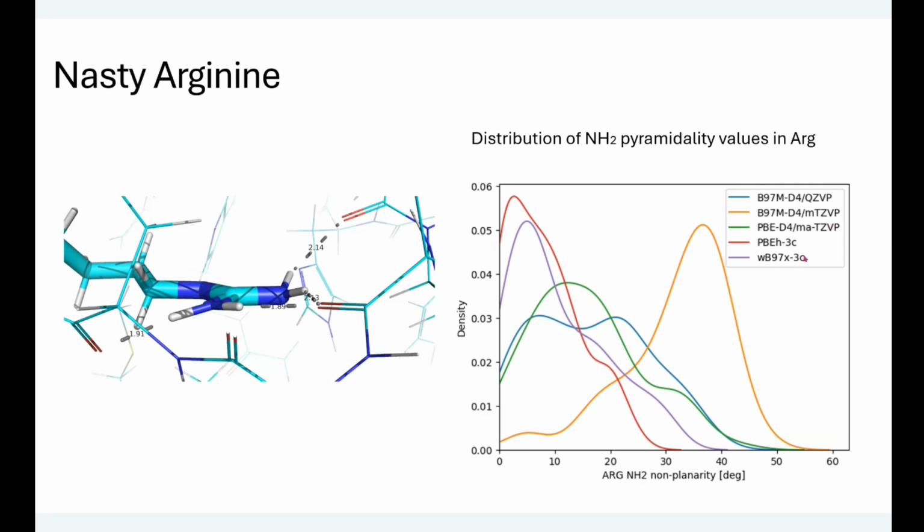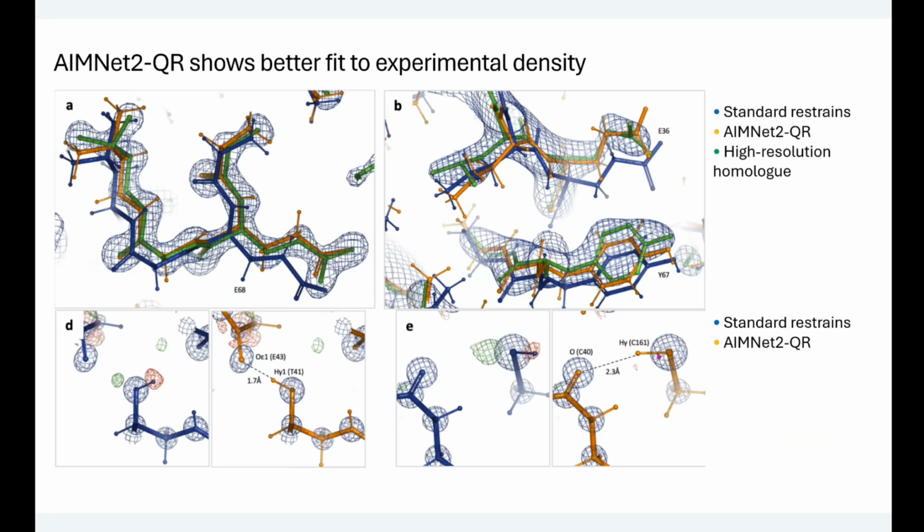This is the distribution of the set of those good quality proteins, and this is the reason why we chose BD7M-D4, because it gives the answer that we know is correct. It should be almost planar, or at least not hugely pyramidal. And those are the results of the